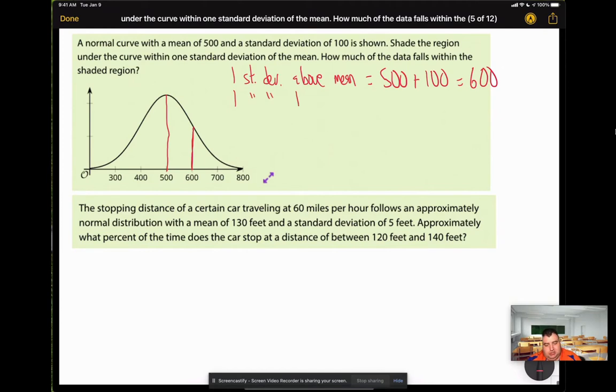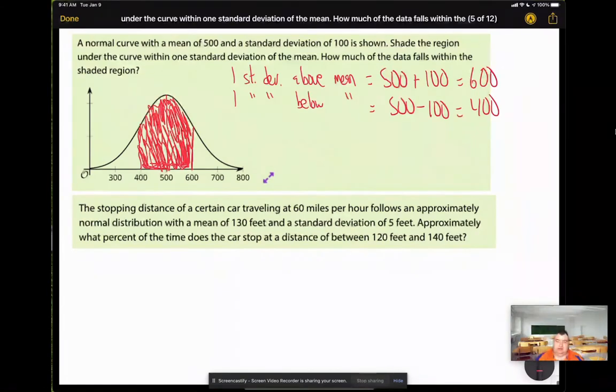One standard deviation below the mean, I'm going to take the mean and subtract the standard deviation. In this case, 400 is one standard deviation below the mean. So it says to shade the region under the curve within one standard deviation of the mean. That means anything between 400 and 600. And again, please pardon my horrible artistic abilities, but everything that I'm shading here,